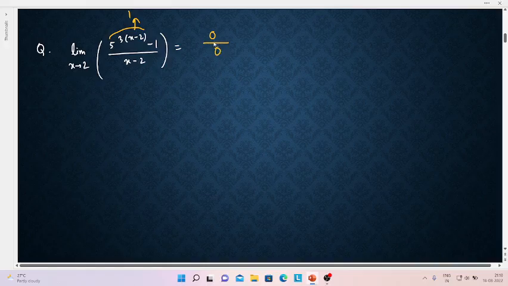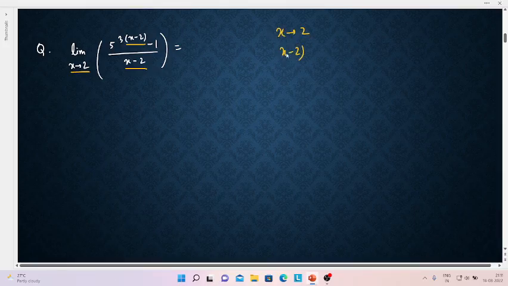So it is actually 0 by 0 form, I mean undefined form, right? So we can't solve this particular limit by substituting the value of x as 2. Here you can see we have x minus 2 terms. So I have to make that term as x minus 2 so that it will look like the formula. Since x is tending to 2, can you tell me what will be the value of